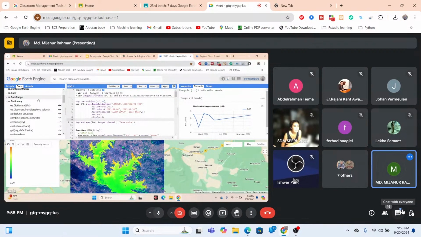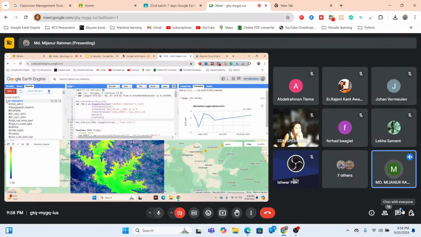Then the Assets tab. The Assets tab mainly manages your assets. Suppose it can be any kind of boundary shapefile, or your raster-based imagery, any kind of satellite imagery, or a CSV file, we can easily upload. Okay, suppose here you can see I already uploaded a lot of shapefiles and a lot of raster-based imagery. Further, I will show you how we can easily upload our shapefile or vector file or